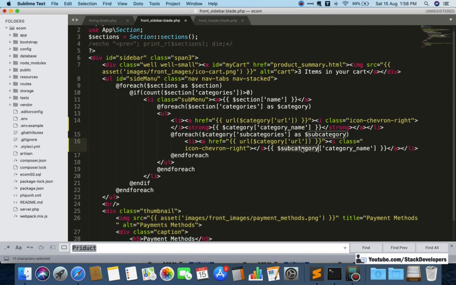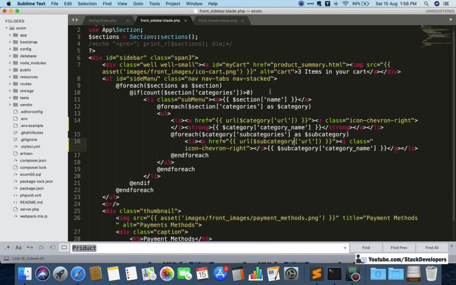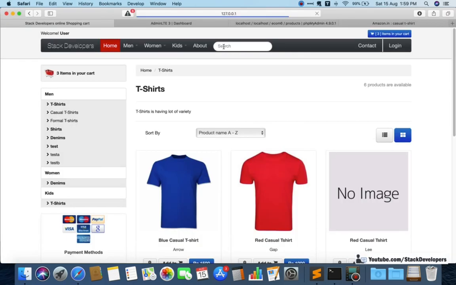See, here also the subcategory, so we can check here t-shirts, casual t-shirts. Okay, so one thing more here, we require to add the URL as well, URL like this, so that it will open everywhere and there will be no issue.